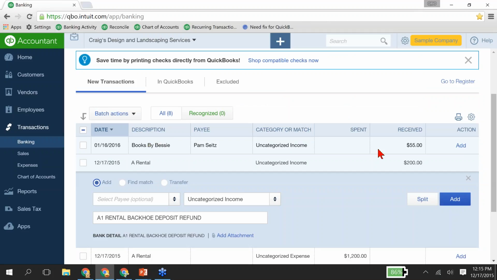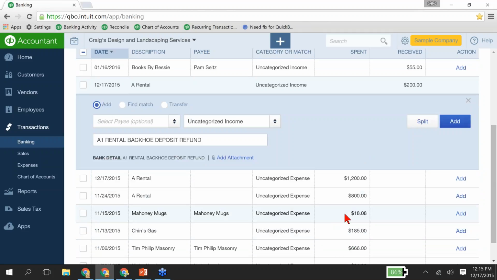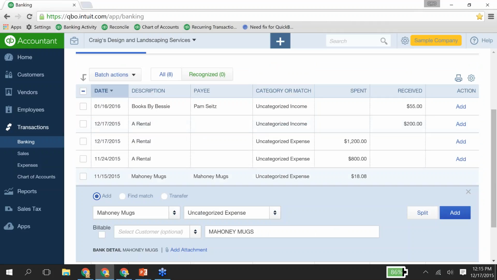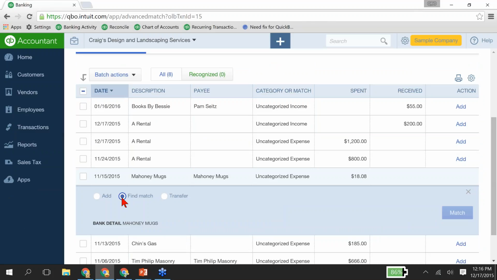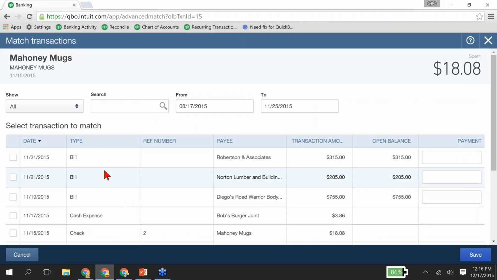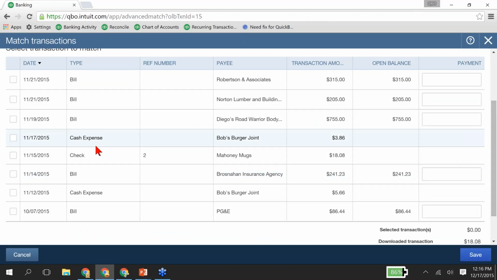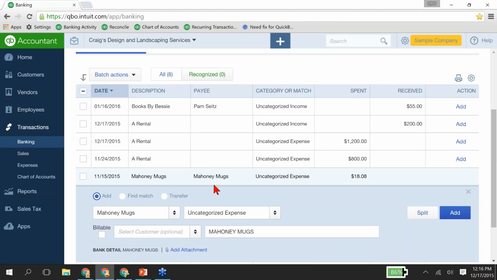And I also wanted to show you on money that was spent. So let's look at this Mahoney Mugs where we spent money. If it's money that was going out, when I click Find Match, it will show me transactions that are in QuickBooks that I can match it to, like a bill or an expense or a check, or if I had bill payments, I might be able to match it to that. So let's say you had already written a check and you entered it in QuickBooks. When it's clearing the bank, you can match it to that transaction. So you've got the option to match existing transactions, or we can